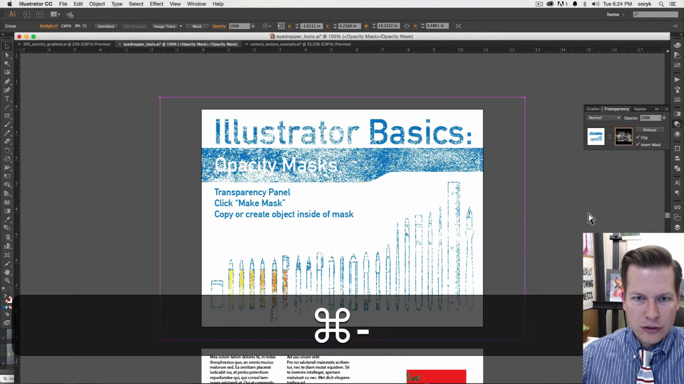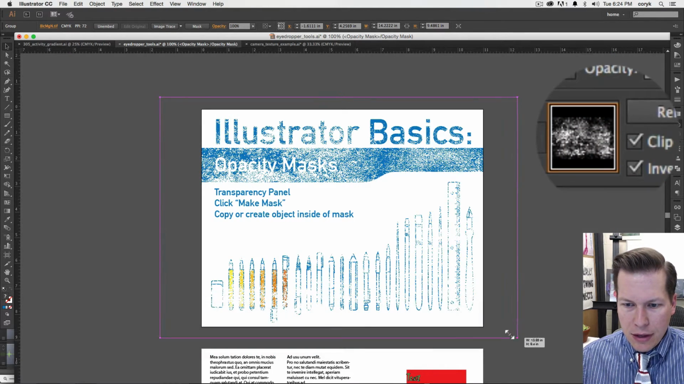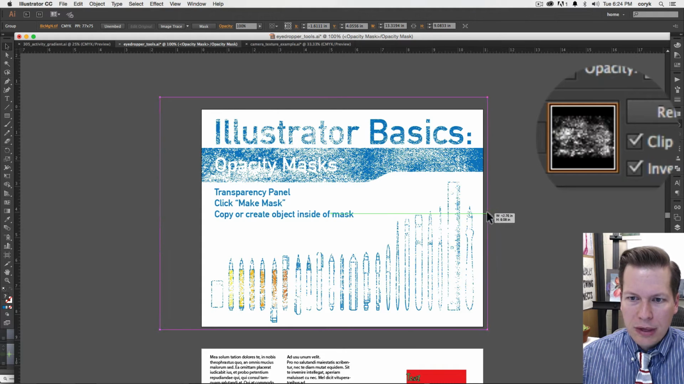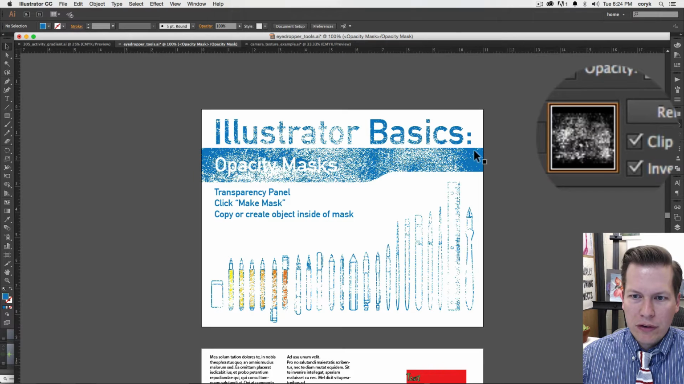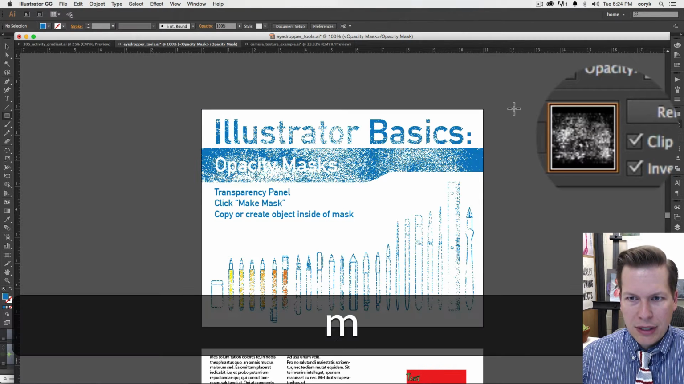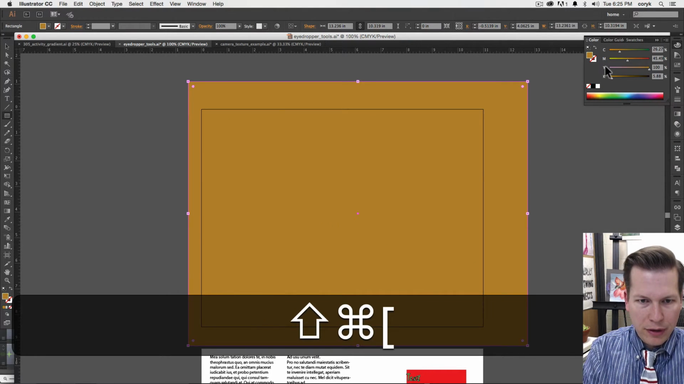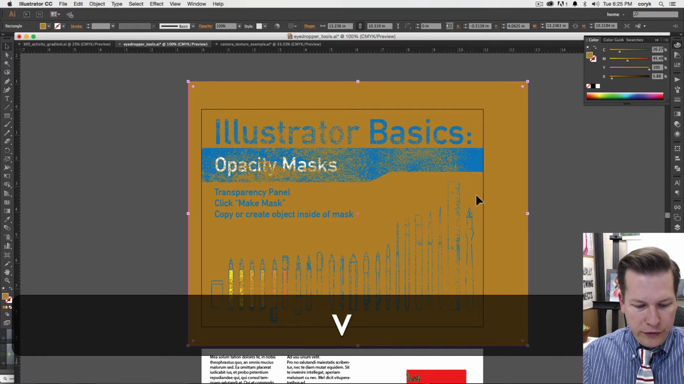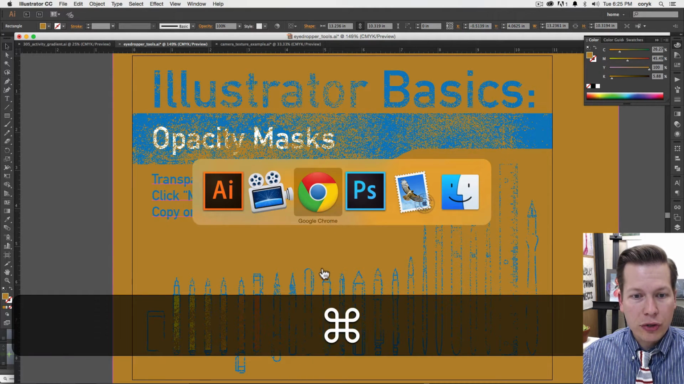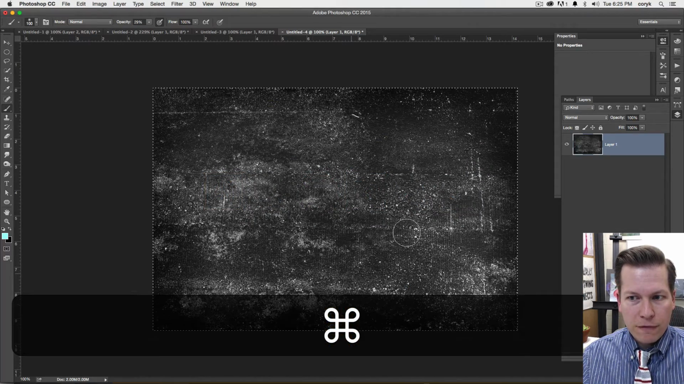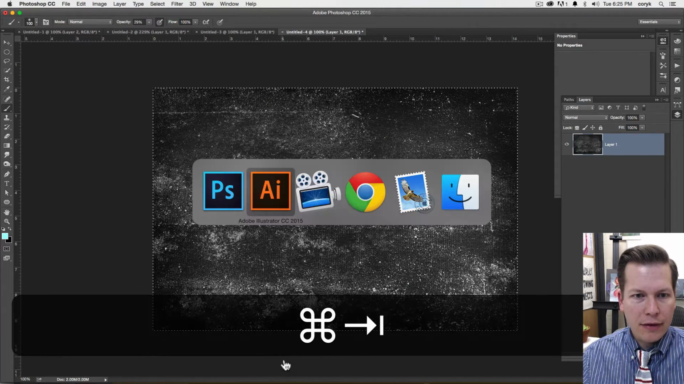and I can distress this based on adjusting that mask. If I were to take this and put something behind it, and throw that to the back, you'd see that it has been distressed. Now, I'm going to show you how I did that in Photoshop, and then we will